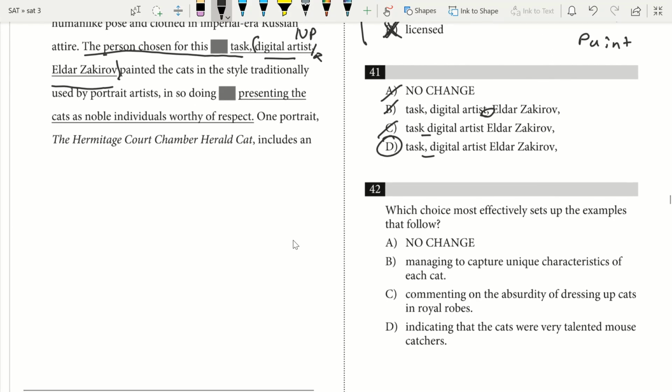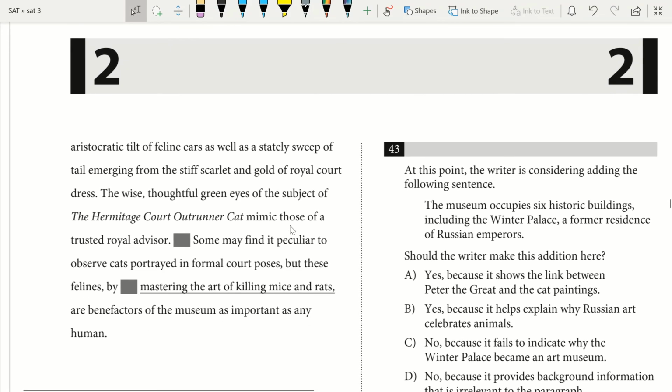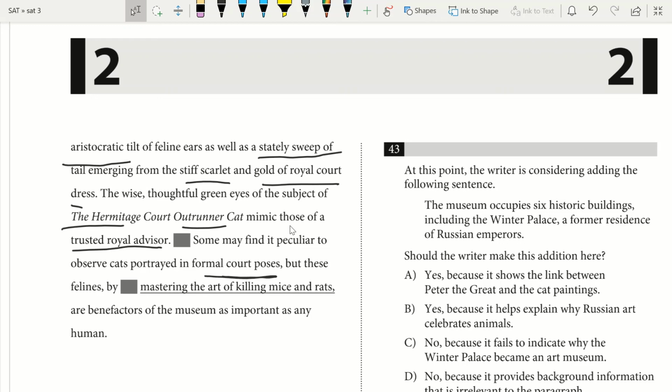In so doing, presenting the cats as noble individuals worthy of respect. So we're asked for which choice effectively sets up the examples that follow, so we need to know our examples first. We have one portrait. The Hermitage court chamber herald cat includes an aristocratic tilt of feline ears as well as a stately sweep of tail emerging from the stiff scarlet and gold of royal court dress. The wise, thoughtful green eyes of the subject of the Hermitage court outrunner cat mimic those of a trusted royal advisor. Some may find it peculiar to observe cats portrayed in formal court poses, but these felines are